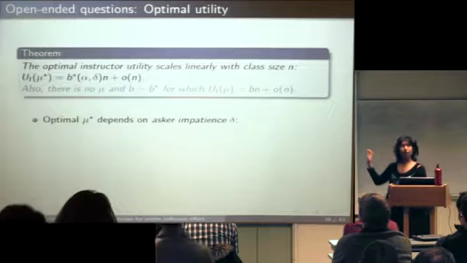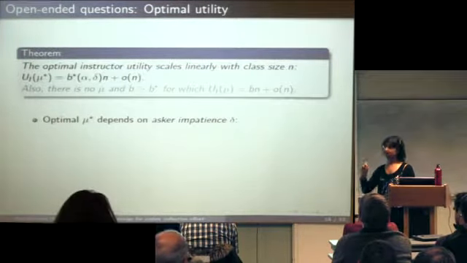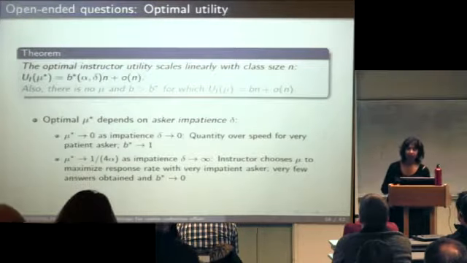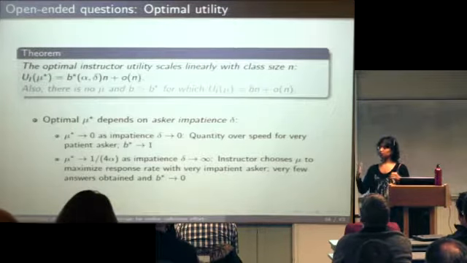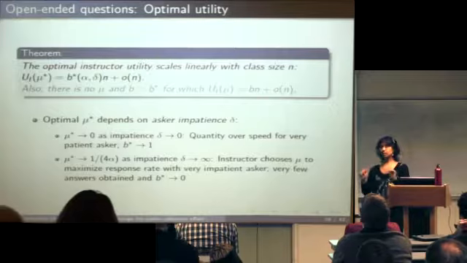And it scales in the following way. The optimal mu star is going to depend on how impatient the asker is, and essentially what happens is this. As the asker becomes more and more patient, the instructor essentially does not try to drive the class fast. What she does is she tries to keep the question open for long enough while still maintaining a positive rate